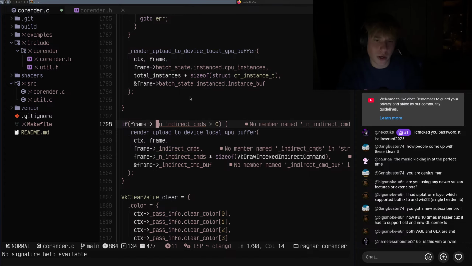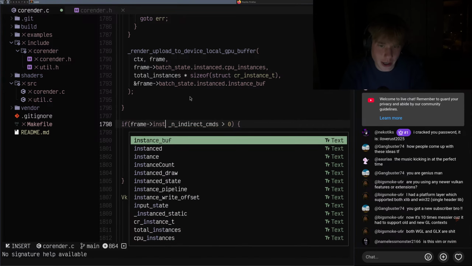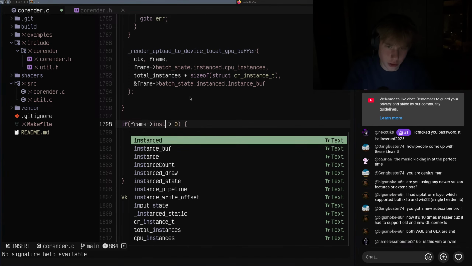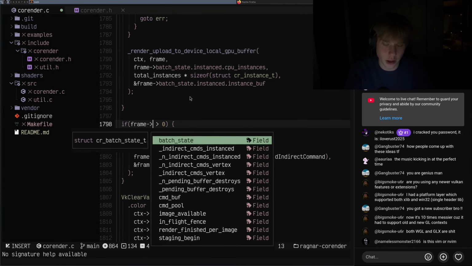And this is then a thing. So when we have instanced indirect commands, we want to do different things than when we have vertex indirect commands. So instance dot